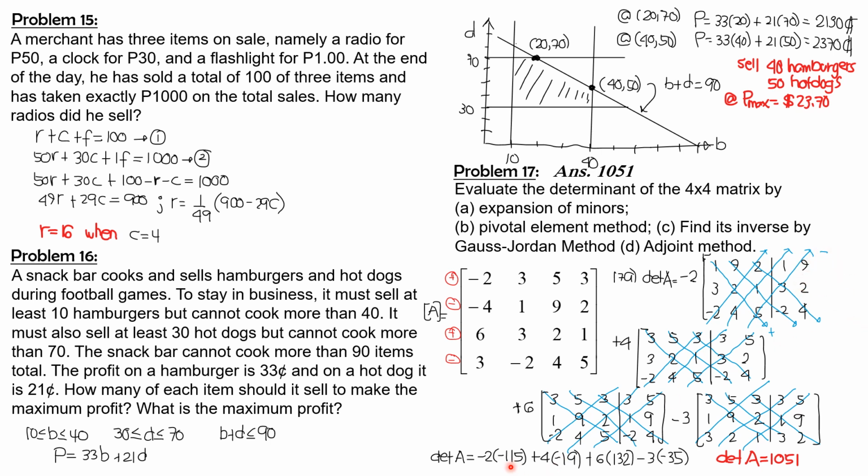That would be -115, the minor of -2. Then plus minus -4, or plus 4, the minor of -4 originally, is using the same value calculations,